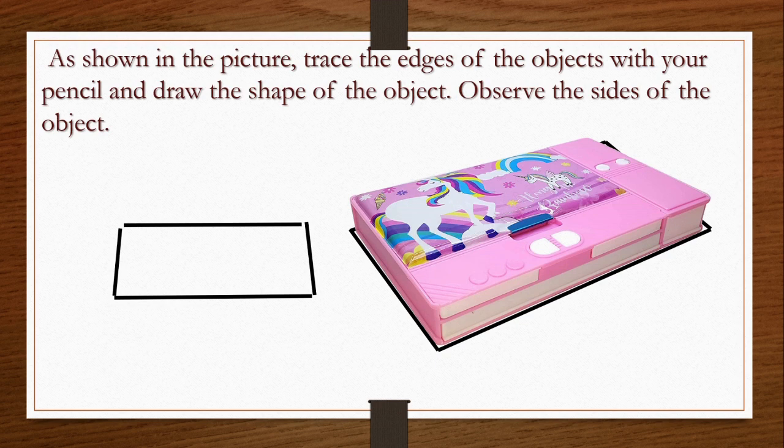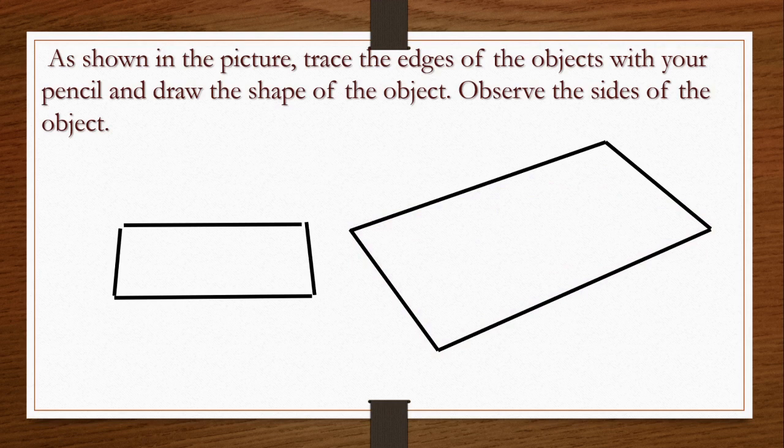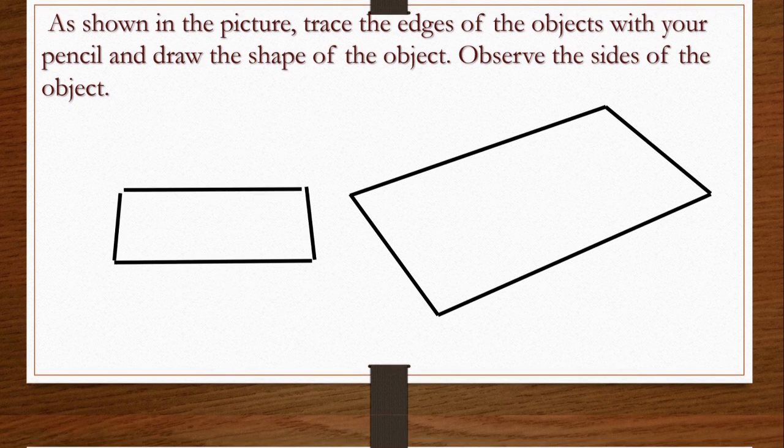Now what we will do? We will remove this object from the place. See here, what we got? We got some figure, right? Same thing we will draw once again with the help of the pencil here. See this shape we got, isn't it? When we traced the edges of the matchbox and also the edges of the compass box, we got this shape. This is nothing but a rectangle.